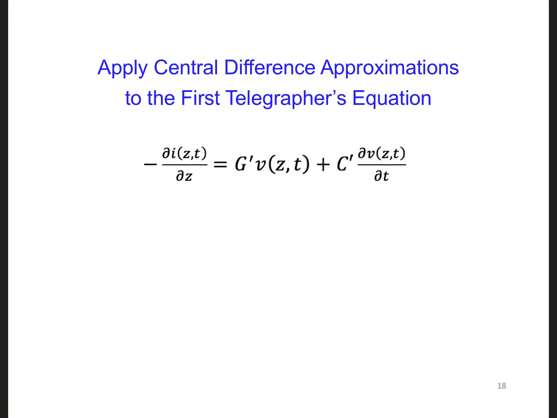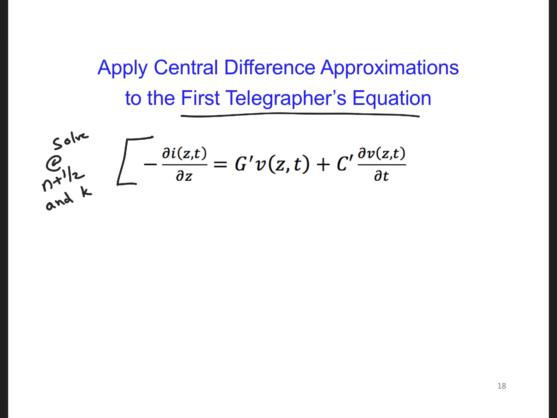So finally, after considering the arrangement of the unknowns in space and time and coming up with our shorthand notation, let's now discretize this equation, and we're going to apply central differencing. This is the first telegrapher's equation. And we're going to solve this by applying central differencing. We're going to apply it at half integer time steps. So I'll say that is n, some arbitrary n time step, plus a half to be half time steps, and